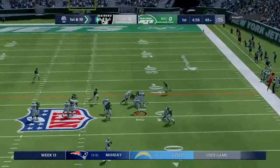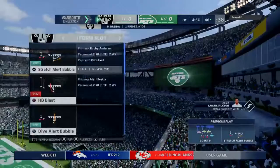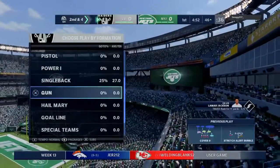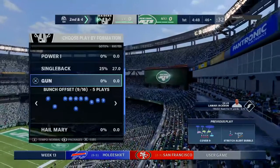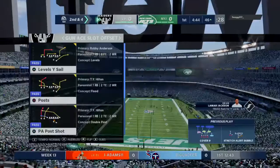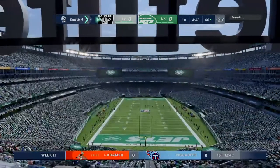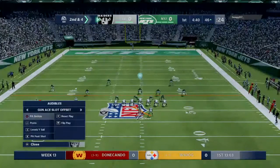On 1st down, here's Breida. And he'll take it across midfield down into Jet territory. It's a 6-yard gain on the ground, and that'll make it 2nd and 4. Decided to hand it off that time on the run-pass option. Appeared to be an easy decision. Just gave it inside. Nice, steady gain. The last run got 6. Now 2nd and